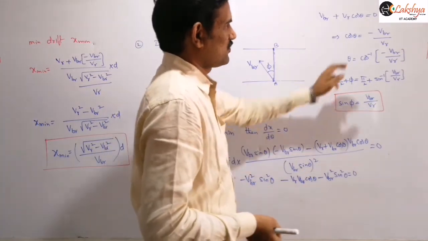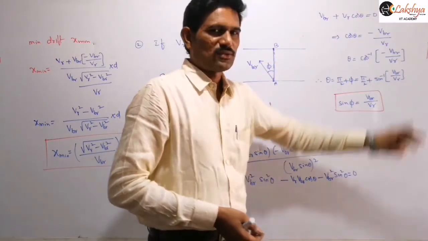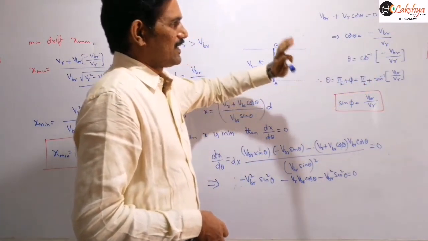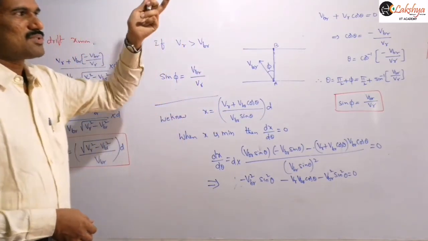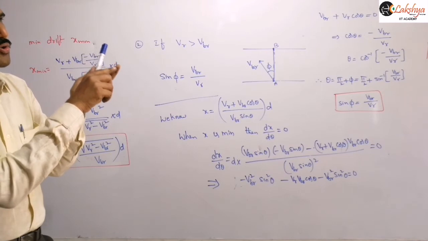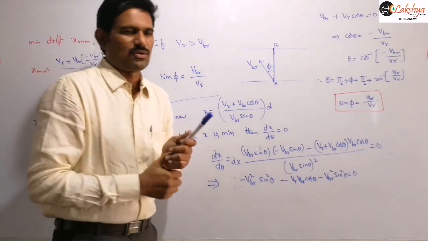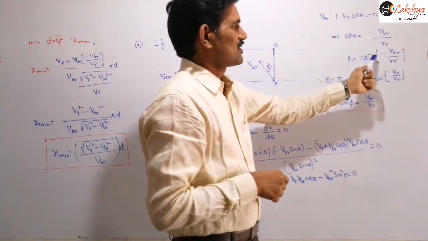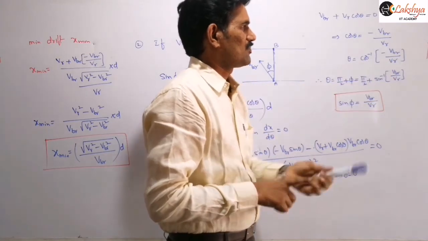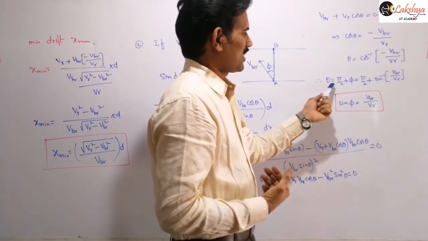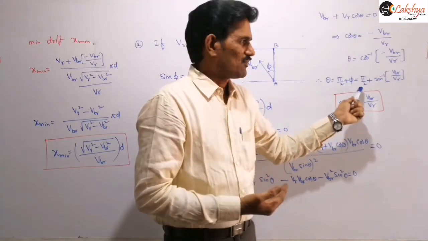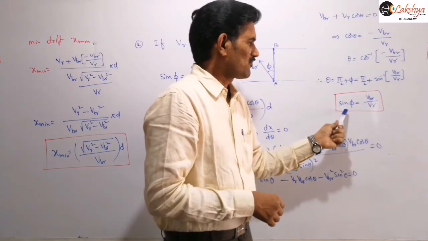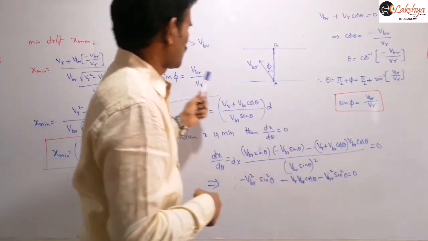So if we simplify this, then you will get the equation VBR plus VR cos theta is equal to 0. So from this we can write cos theta is equal to minus VBR by VR. It is similar to our shortest possible path case. There also you get the expression cos theta is equal to minus VR by VBR, as you got already. So now here we are getting the reverse. So theta is equal to cos inverse of minus VBR by VR. And again we are taking this theta value as pi by 2 plus phi, and therefore we can write this as pi by 2 plus sin inverse of VBR by VR, and from that we can write the sin phi value as VBR by VR. That is nothing but the proof for this.